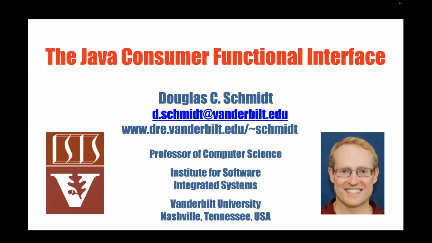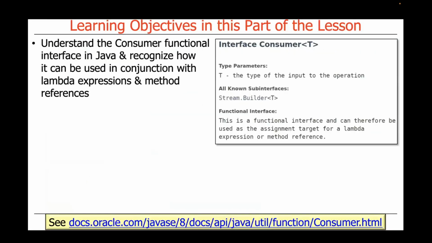So now that we've talked about the Java supplier functional interface, let's talk about its sibling, its mirror twin, which is the Java consumer functional interface. And these interfaces are often used in conjunction with each other, the supplier to make something and the consumer to consume it. So we'll talk about the consumer functional interface and then show how you can use it in conjunction